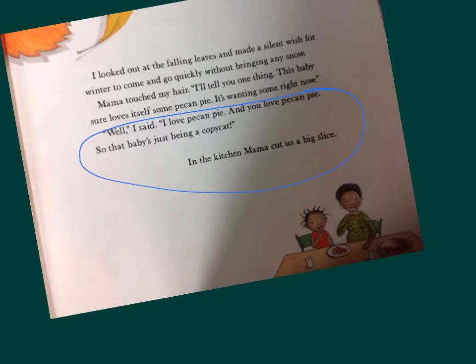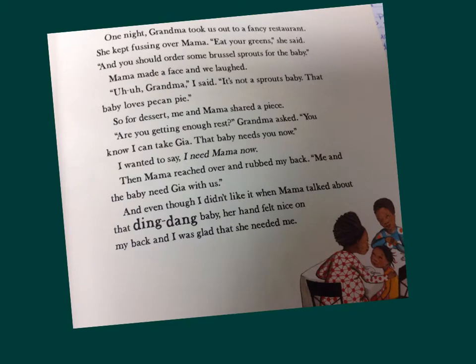Right away, I noticed that the next paragraph just said that they're in the kitchen. So that is changing the place from where the characters were. So that's why they went down to the next line and made an indent. As we take a look on this other page, see what you notice.